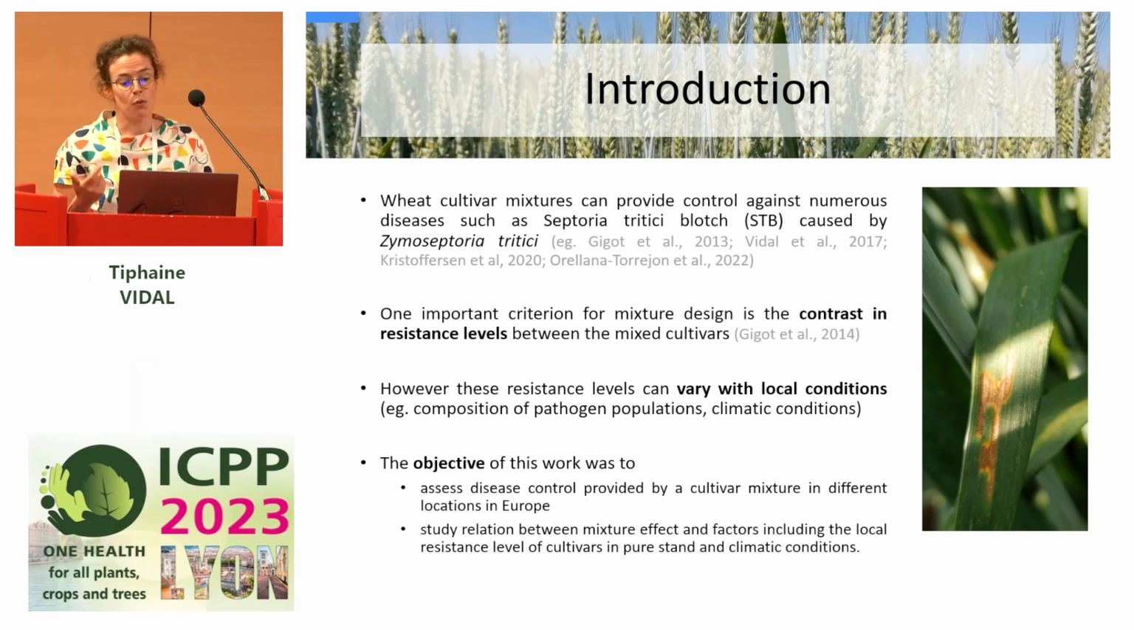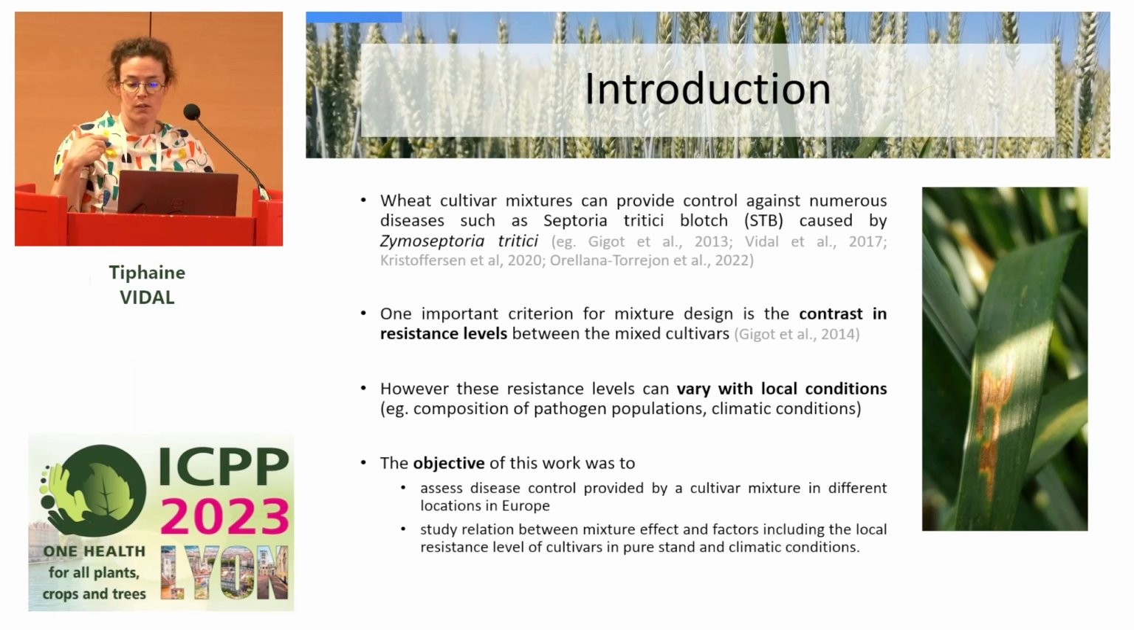For example, if you have a different composition of pathogen population, if a particular gene is broken down locally, you will have a different resistance, and you can also have other environmental effects. So the objective of this work was to assess the disease control provided by a cultivar mixture in different locations in Europe, and also to study